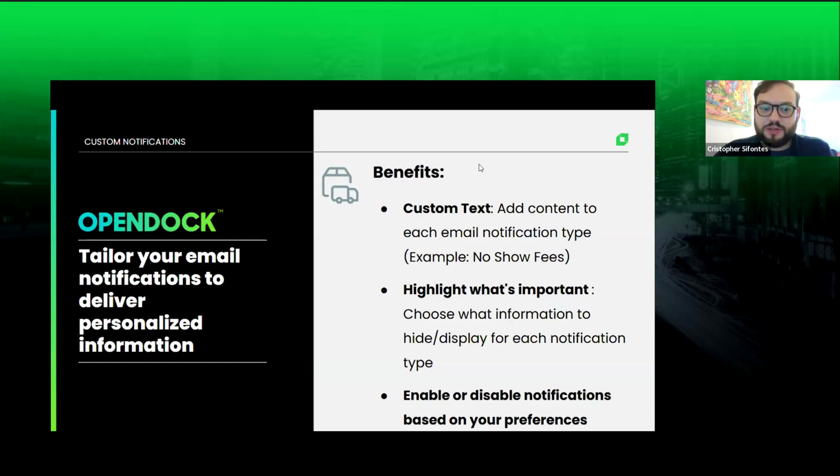These notifications, this particular function is really important because it keeps your carriers informed. And it also keeps your own warehouse users informed because they also get these notifications. And what's really great about them is that you're able to customize them in a number of different ways. I'll show you some right